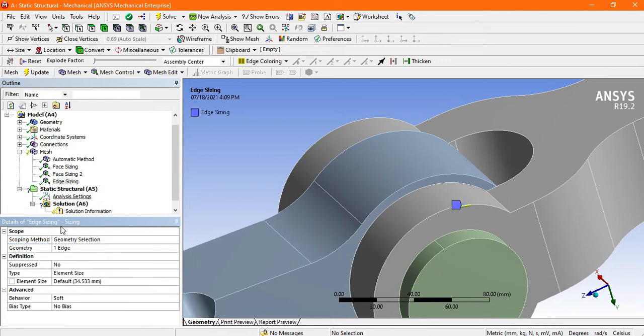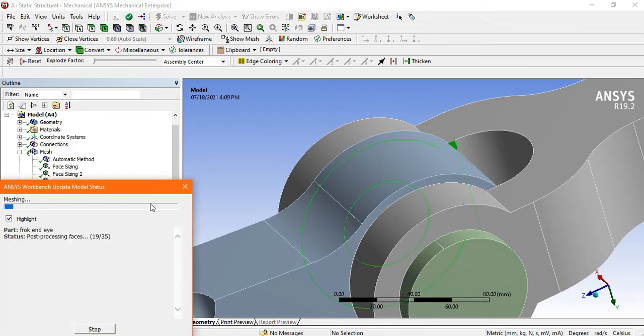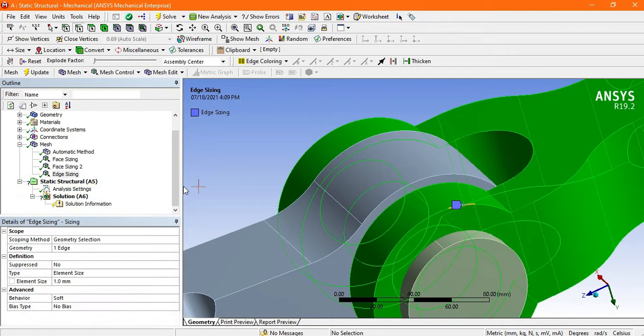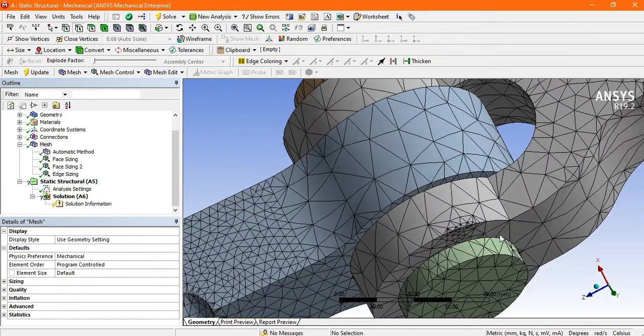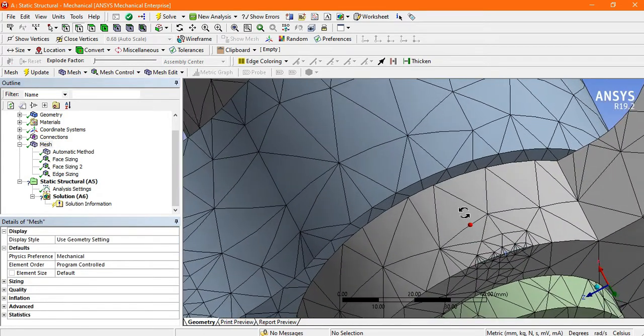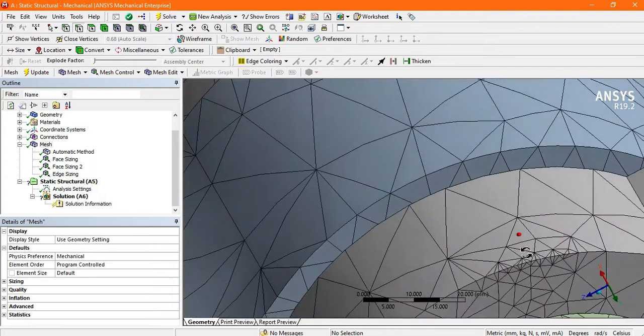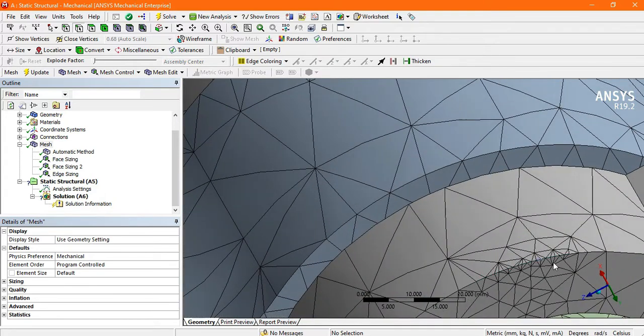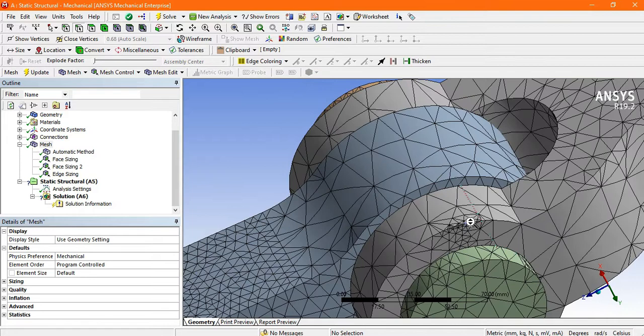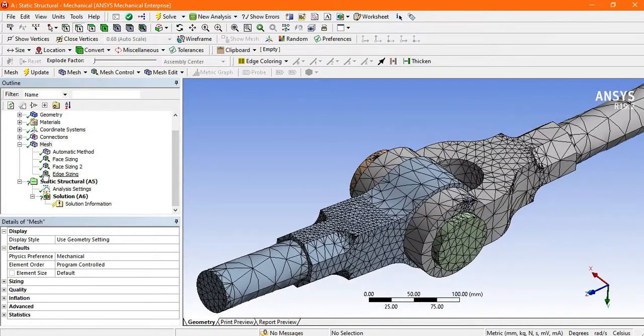Okay, and element size, suppose 1. Go to update. Go to mesh. Now check here. So this edge is also denser. Like this we can use the face sizing.